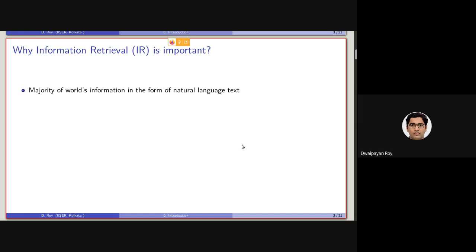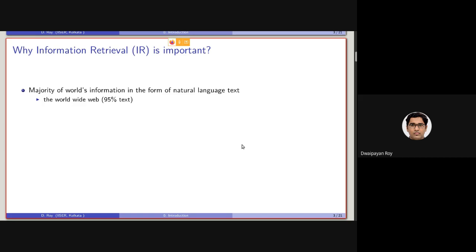Consider the news articles that are being published every second across the globe, to the social media posts that are posted every microsecond, maybe millions of posts. Considering all this, a vast majority of all the information generated in the world is in the form of natural language text.